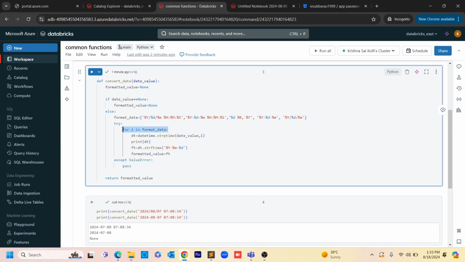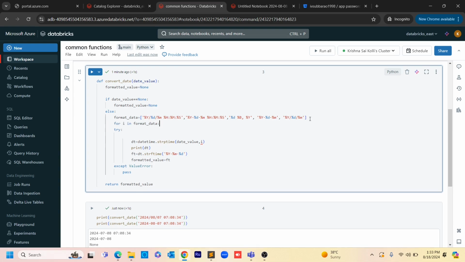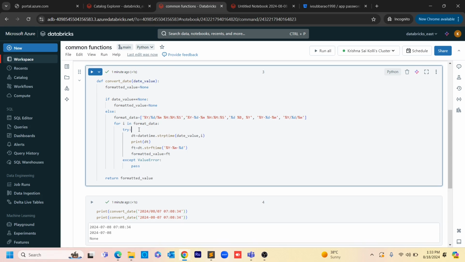So what we can do is write this line of statement outside of this try block, and write this try block inside the for loop, so that it is gonna execute now. For each and every condition it is gonna check whether the exception is there or not, and if the exception is there, then it is gonna go and check the second statement. So like that, if I execute it now,